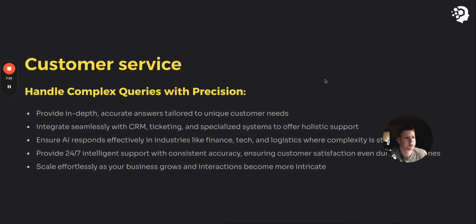So some examples of having to build a knowledge base on a platform outside of VAPI. This would include complex customer service agents, right? For maybe something for enterprise or large businesses, something that could provide very in-depth, accurate answers and pull from a large pool of information. Something that would integrate seamlessly with CRM, ticketing, specialized systems to offer holistic support, right? So not only would this be referencing a large knowledge base, but it'd be working with a CRM using multiple on and post-call automations,